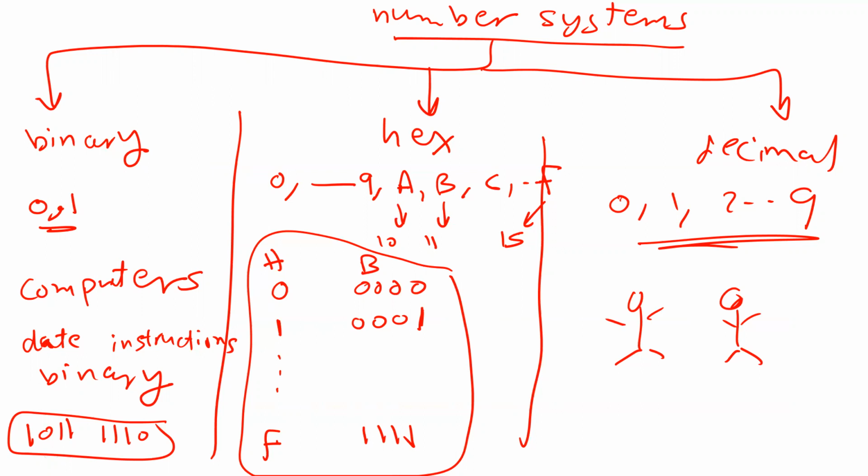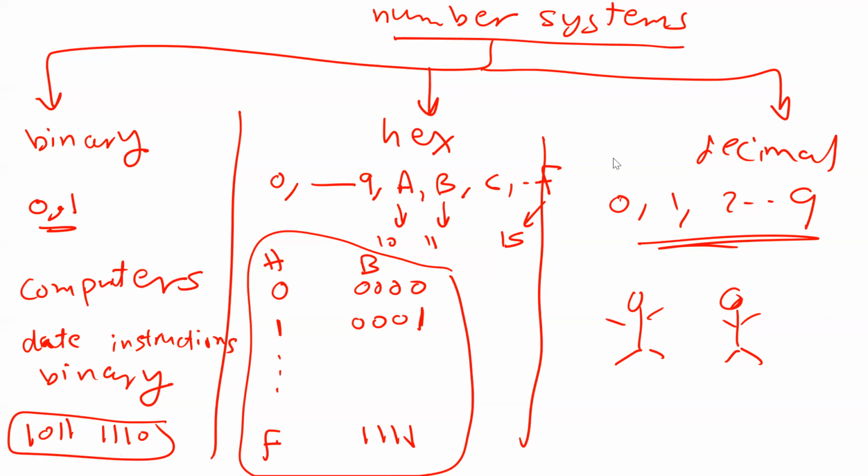After you write an instruction, this instruction has to be converted to a bunch of 1s and 0s. And then once I have this bunch of 1s and 0s, the hardware is going to do this instruction. So if the instruction is addition, the hardware is designed, as you will see in this course, so that once it gets this bunch of 1s and 0s, it's going to do addition. I have to make it very clear: computers can only use binary numbers as data or as instructions. Everything inside the computer is binary. Is that clear?